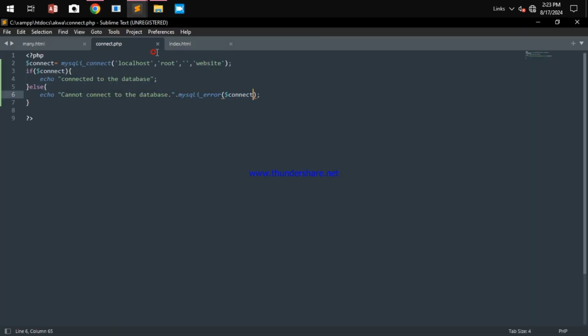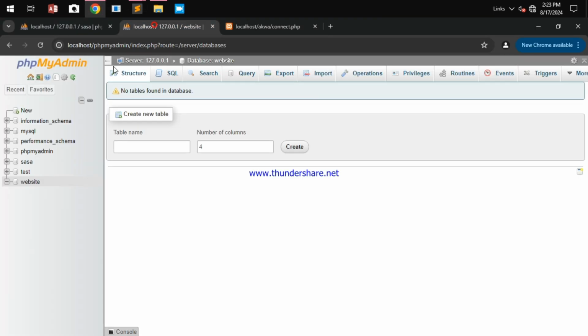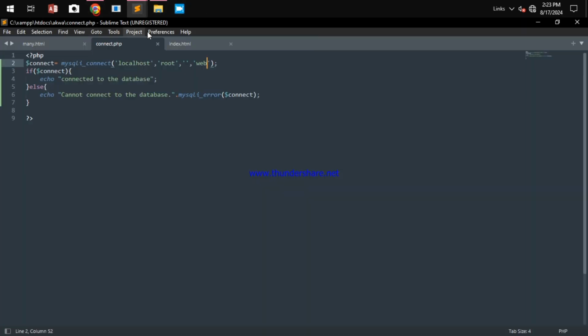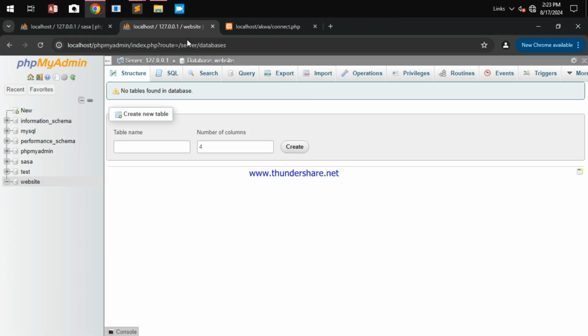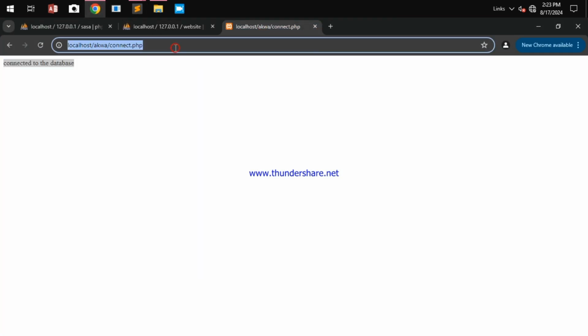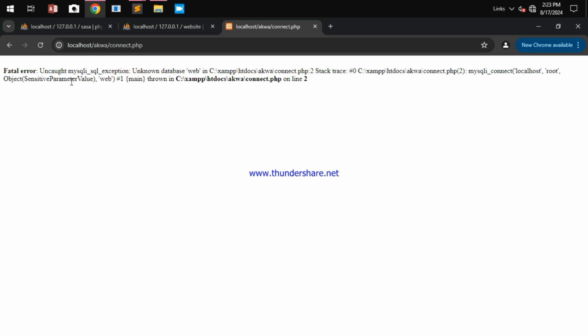Okay, now let's go on and manipulate something. Let's remove this and put just web. We don't have any database that's called web. What we have is website. Now look at it, web. Let's go to the browser now and refresh or reload this. We'll now see an error appear. And what kind of error? Unknown database, because web is not known. We don't have it inside